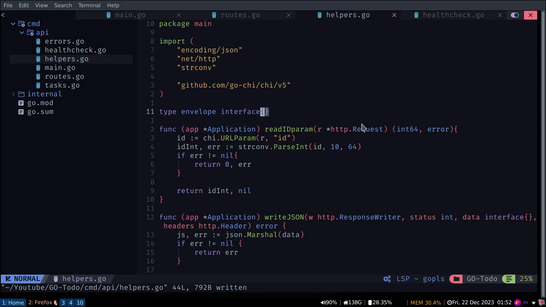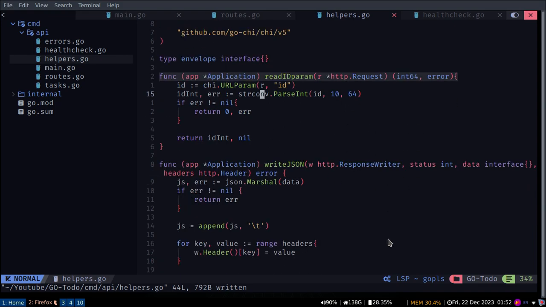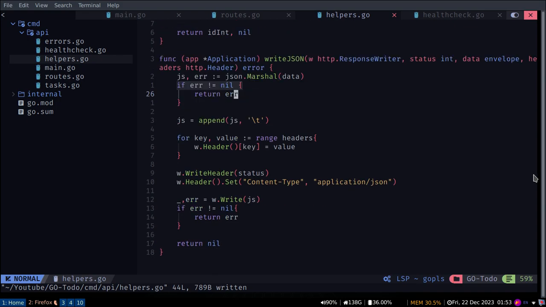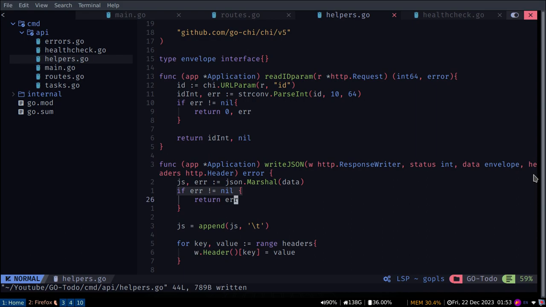So I should come here and use envelope, data of type envelope. So basically everywhere we are passing a message using the response writer,